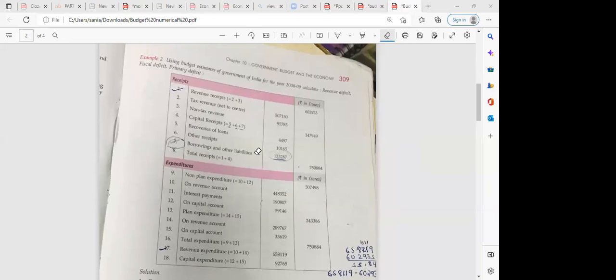Okay, I hope this is visible to everyone. A little bit you can adjust. Everyone, is it visible? Yes, ma'am. No need to write all the entries. No need to write it. Just